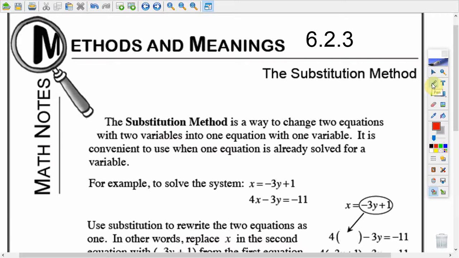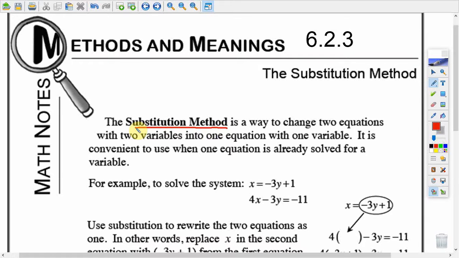We're in section 6.2.3. We're going to look at the substitution method. We just looked at the equal values method last time. Substitution method is a little different. It's just another way of solving a system of equations. So, the substitution method